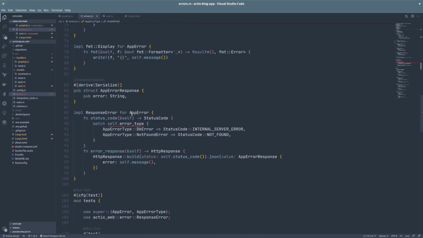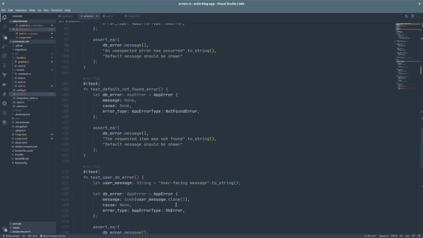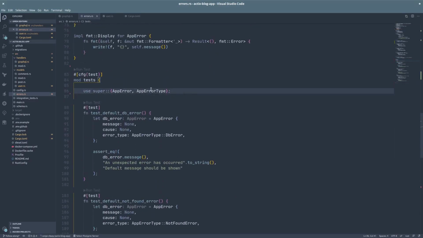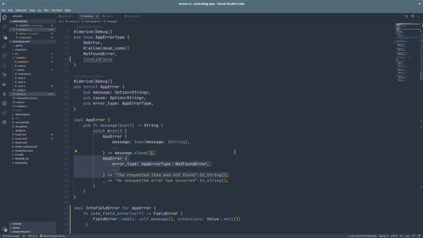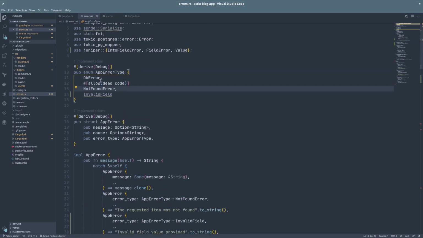There is no need to convert the error to a status code yet, so I will just delete that for now. I will also delete the test case for it and some unused imports. Finally, we can have a default message for the invalid field error. So let's copy this case for invalid field and the message will be invalid field value provided. Good. Now back to the handler.